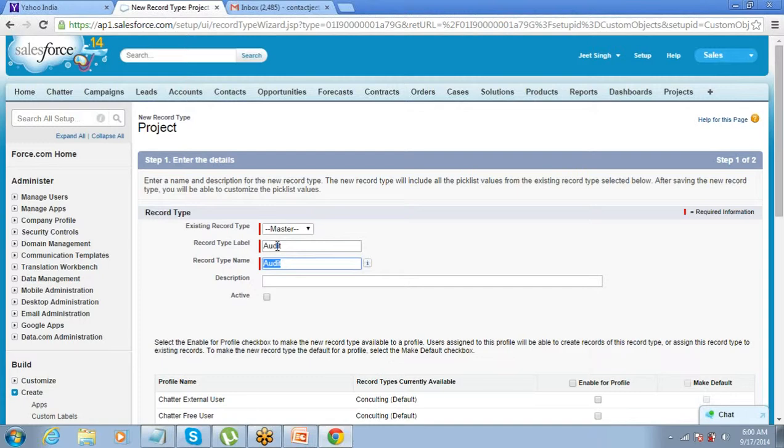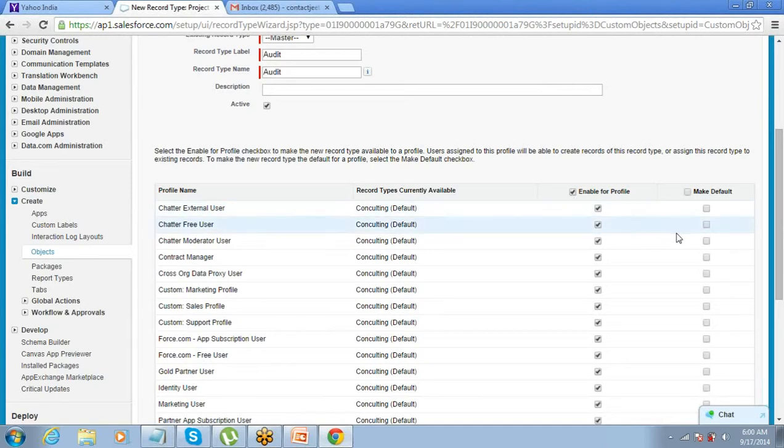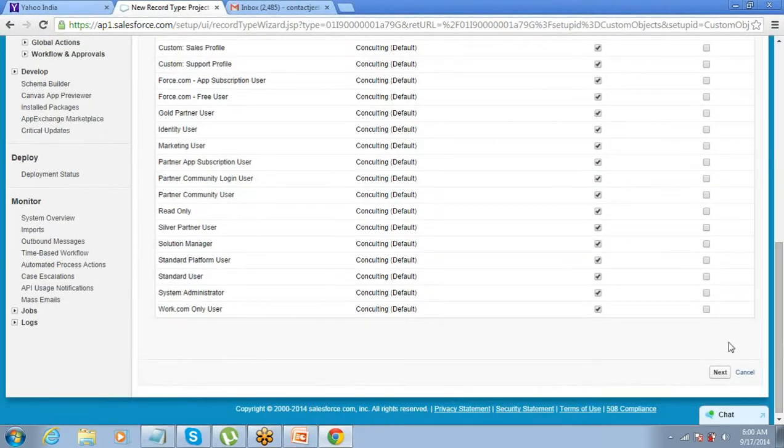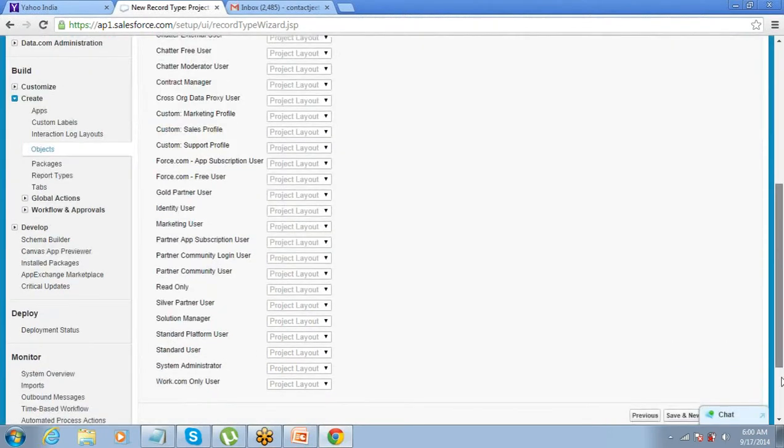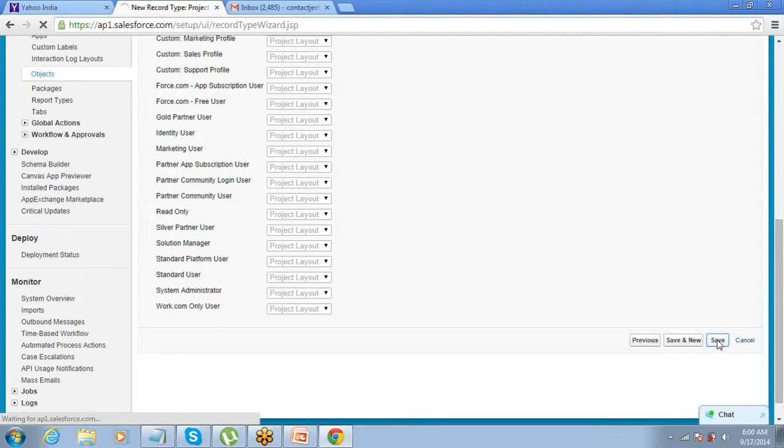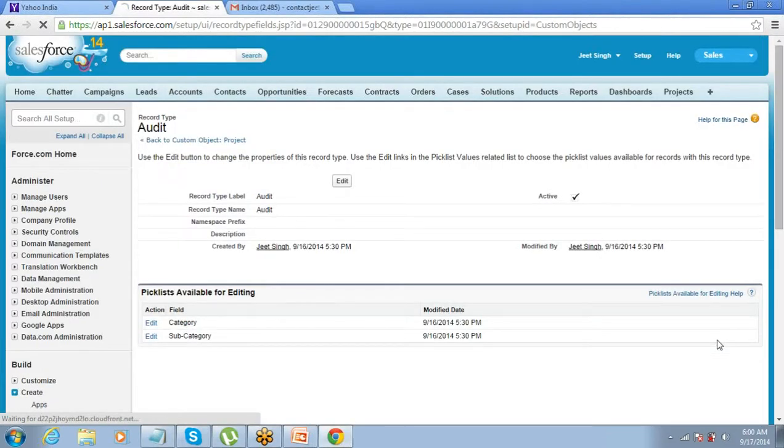Create this as audit. Make this also active. Default profiles. Next. Saved. So now we have two record types for projects, and both of them are active.